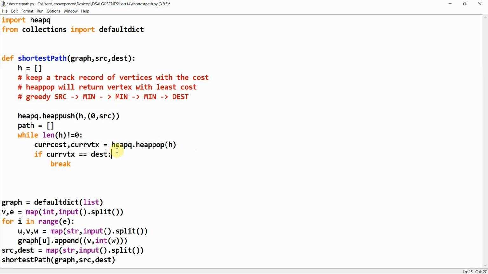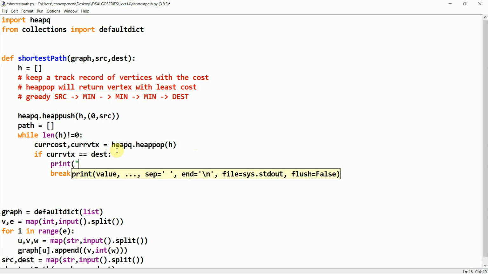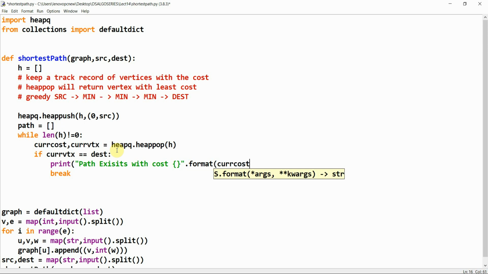And before this break statement, I would put print path exists with cost. This would be our cost dot format. You can say current cost. Okay. So either we can do like this also, source, destination. So this would return the